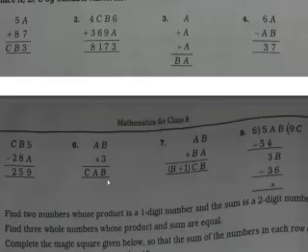6 3s are 18. Of course here it will be 6 and here it will be 8. It will not be possible. 7 3s are 21, 1 will be coming here. 8 3s are 24, 4 will be coming. 9 3s are 27, 7 will be coming. So there is only one number, that is 5. So B can be only 5.